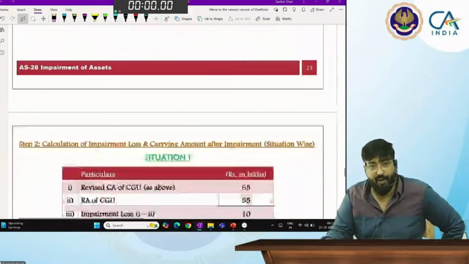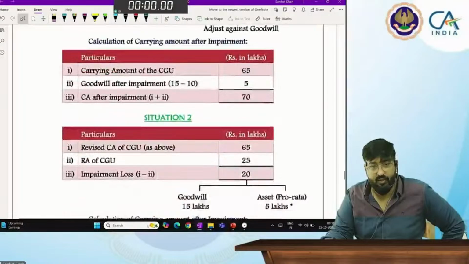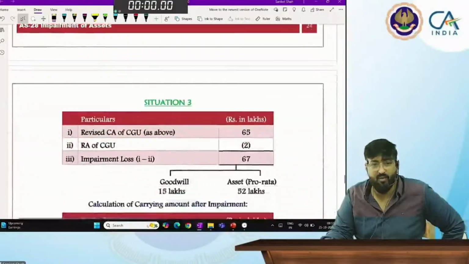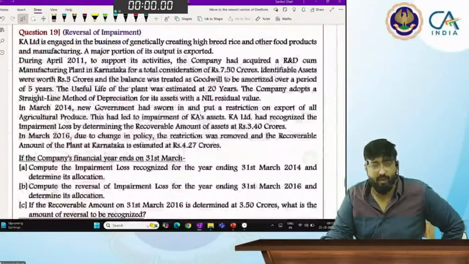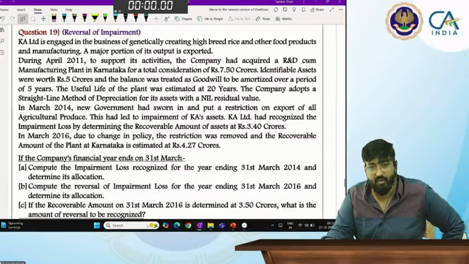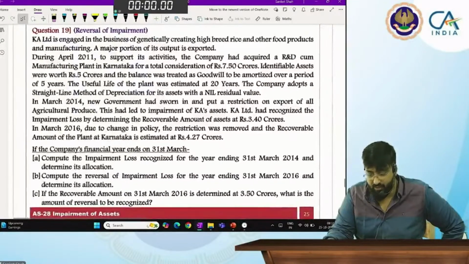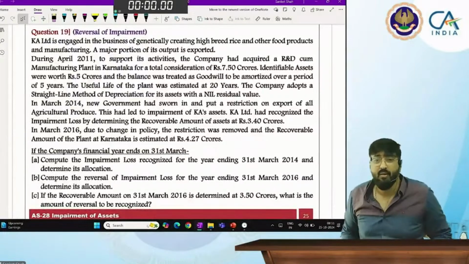So go by the line approach. So it is very simple. And the other questions you can do on your own. They are very simple. After the break, otherwise you can solve this question in the break. Reversal is what? Reversal means,